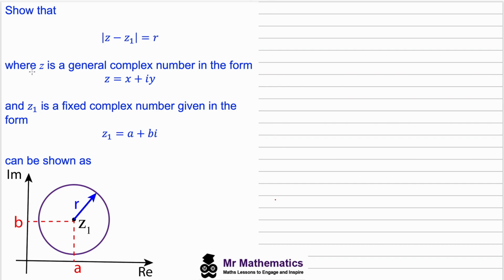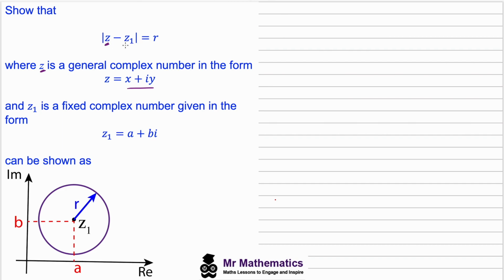And we're told that z, so this z here, is a general complex number in the form of x plus iy. So this z can change. And z1 is a fixed complex number given in the form a plus bi. And I want to take you through how this diagram shows you the locus of all the points that satisfies